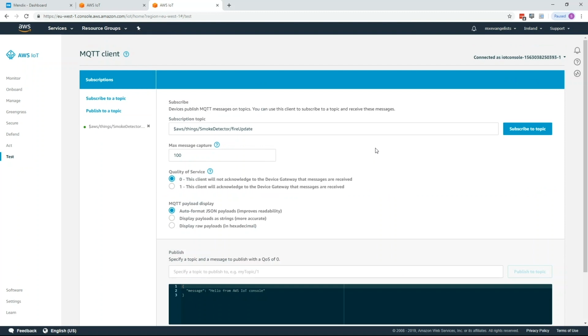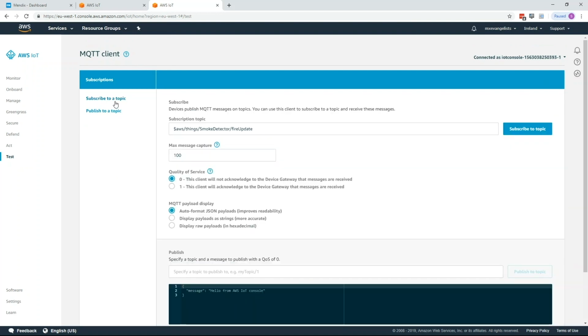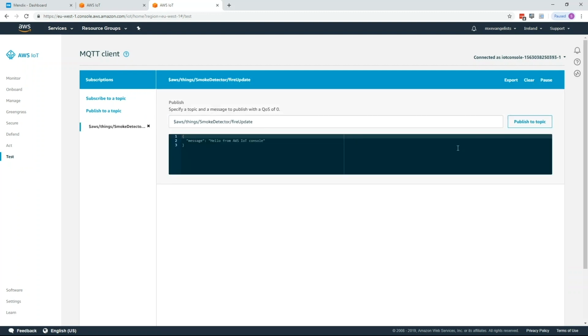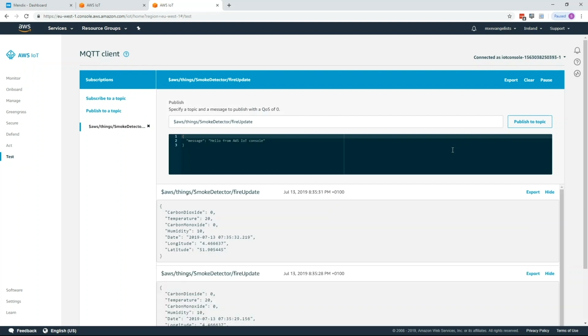In this case, we're using MQTT, and MQTT is a very lightweight protocol for testing and integrating data. It enables you to very quickly send data from IoT devices, but also receive it as well. By subscribing to a topic, we can see all of the information that is published to this topic. And those are the two operations when working with MQTT: you subscribe, aka listen to data, and publish, aka push data to the cloud. And as you can see here, we're getting live streams of data now from our IoT device.